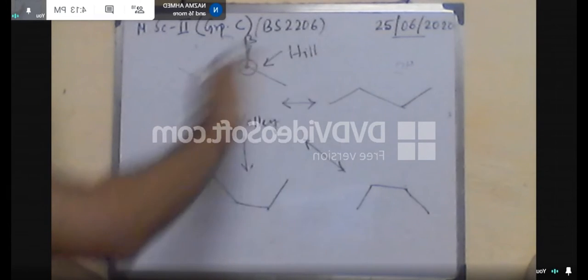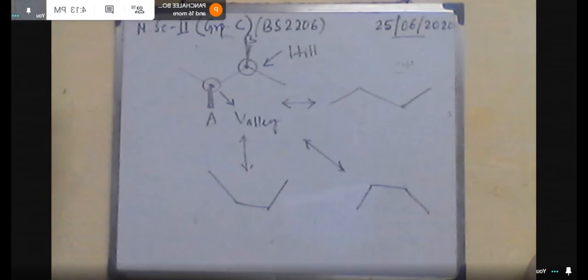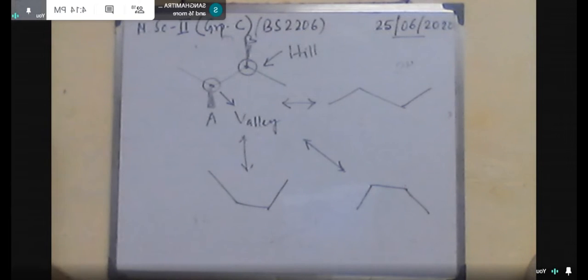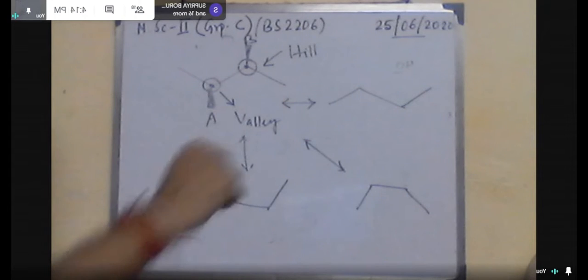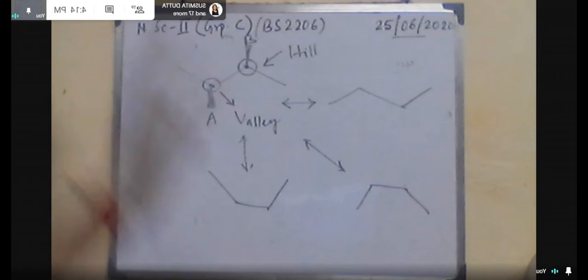Similarly, say you want to keep this valley as the valley, so if the valley remains valley or hill remains hill, then there is no change of the position of the bond, so that means you can write it this way, say this is A. But when you are exchanging the position, this is from hill to the valley, so that means the position will be exchanged. Similarly here you keep this position fixed, B, and make this valley to the hill.